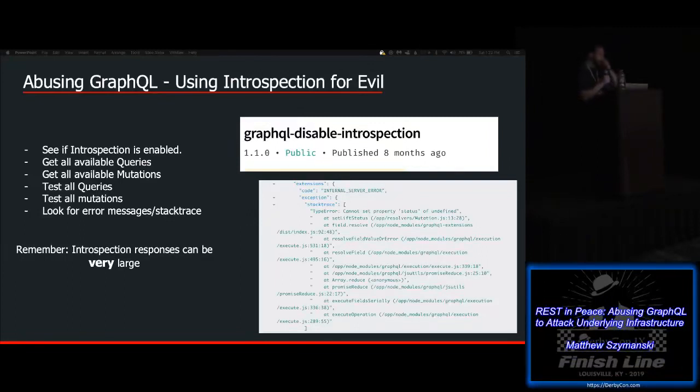So we're going to use the introspection request for evil here. Once we do find that endpoint, we need to send an introspection query to it and try to obtain the schema. If the schema is enabled, then we need to determine all possible queries, mutations, and in some implementations, there's a thing called subscriptions, which I won't get into too much. It's basically like a WebSocket. You send a query, it opens the WebSocket connection. Anytime that query gets updated on the back end, it can push to the front end. I'm not going to touch on that too much. It doesn't really affect this. We're more concerned with